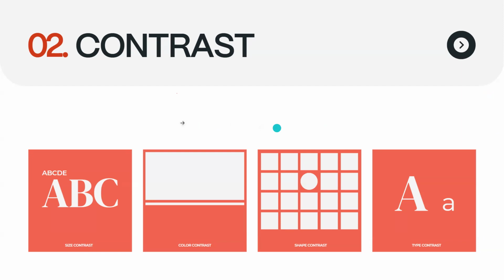Awesome. So the second principle is contrast. The use of contrast is to highlight something, right? If you have A or B, it is using color or shape or weight or anything else to make one thing look highlighted rather than the other. There are four types of contrast in designing. First one is size contrast, then color contrast, shape contrast, and type contrast. The names are suggesting themselves.